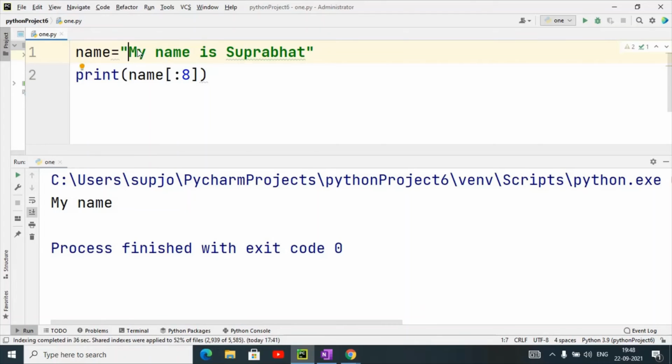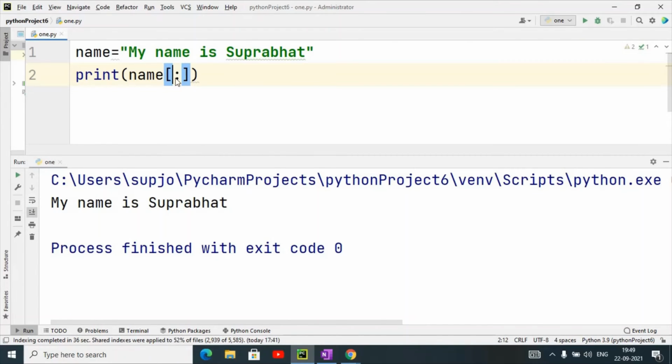Okay, so now you understand. And if I also forget to give the end position, so here I have not given the start point and the end point, it will take the beginning as the start point and the end of the string as the end point, so it will display the complete string here.